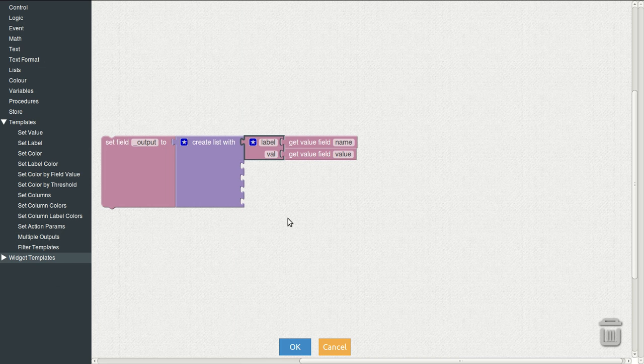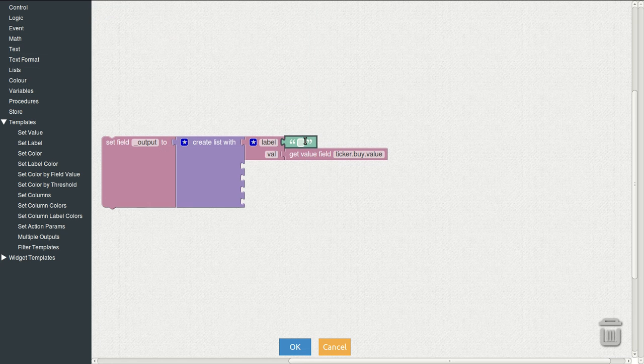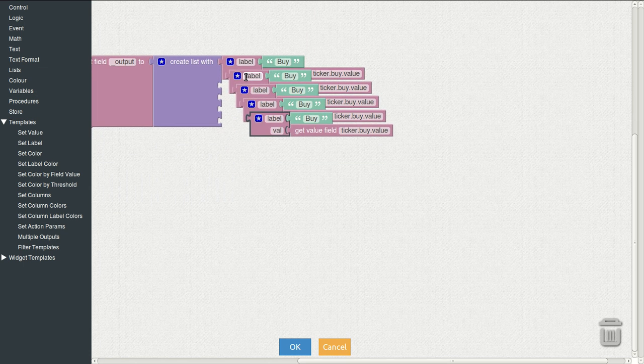And the val will be, for example, ticker dot buy dot value, and name will be a string text saying buy. So we will copy this 5 times,